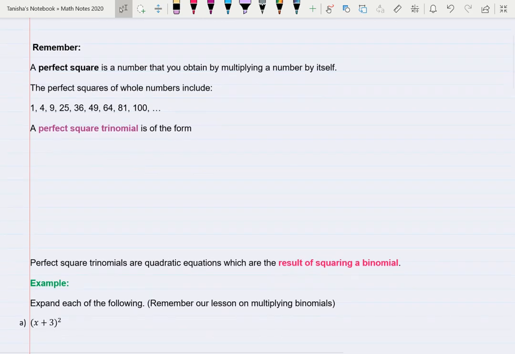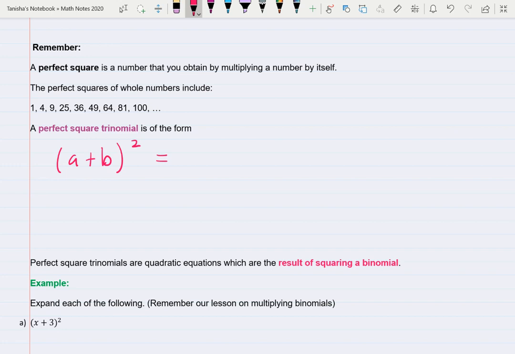A perfect square trinomial is a trinomial expression that you get from the product of two like binomials, or when you square a binomial. What does that mean? Let's look at the general binomial a plus b all squared. So we're squaring the binomial a plus b. If we square this binomial expression,